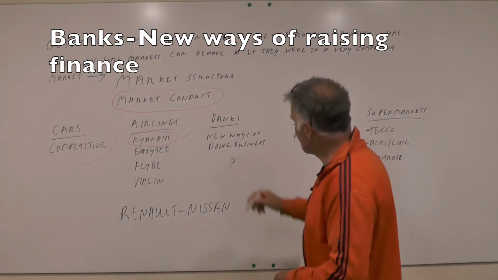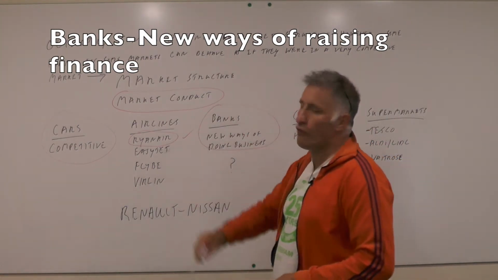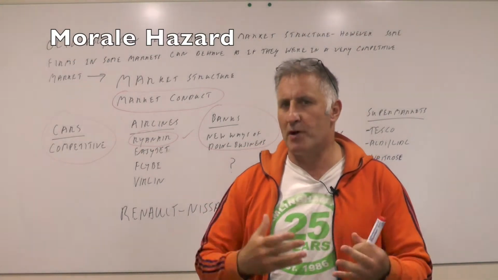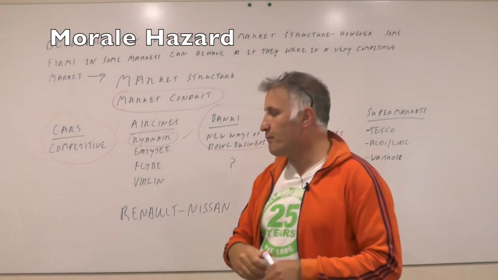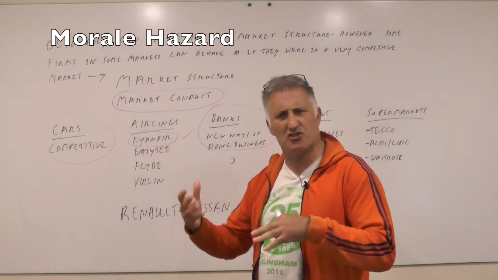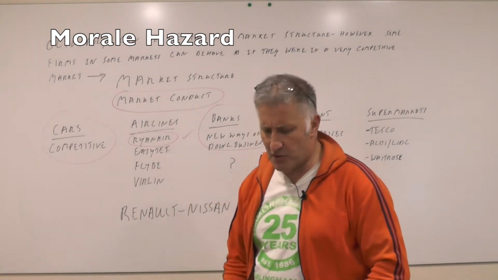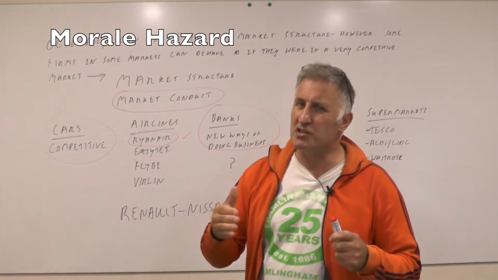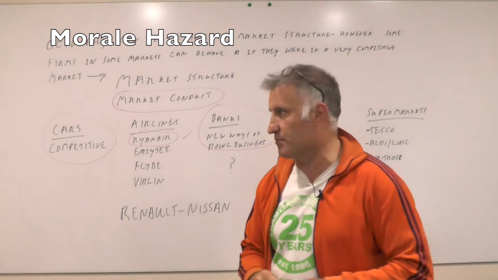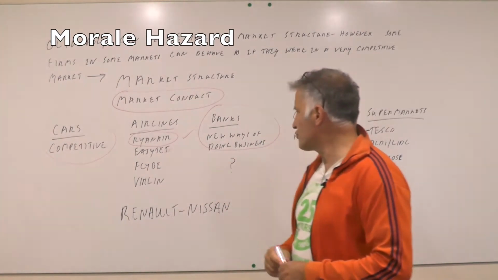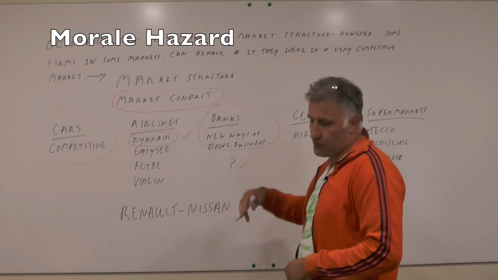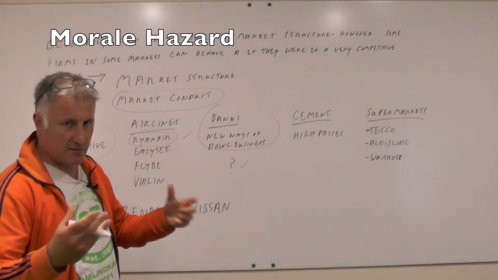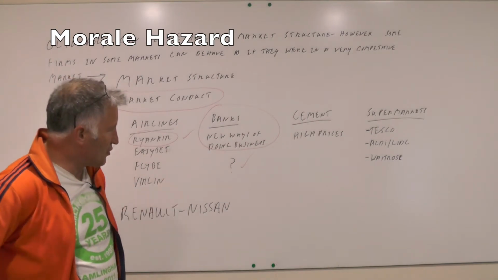The banks, we're not so sure. We've got 4 very, very big banks, and there are real question marks about how competitive that industry is right now. But there are new ways of doing business. Things like Zoopla have come about. There are new ways, crowdfunding, new ways of raising money. So people tend to manoeuvre outside of the banking system, and there are big changes there as well. Now, if you said this 5, 10 years ago, people would say you're completely crazy, banks are banks, and they're very effective in terms of what they do.